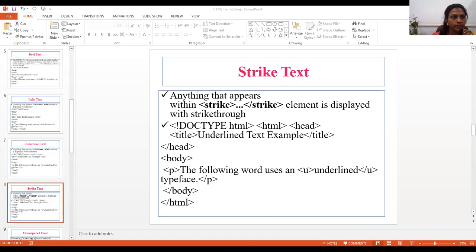We will save it. Here you see Krisujanti College is present in the strike tag. If I execute this, you are able to see that Krisujanti College has a small dash on it, a strike. So any text we want to strike, we can give in the strike tag.